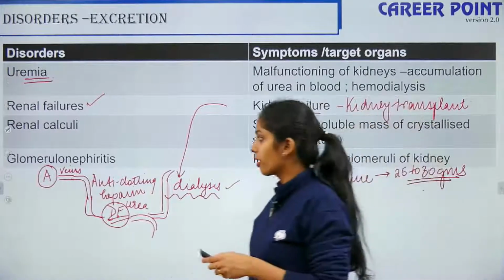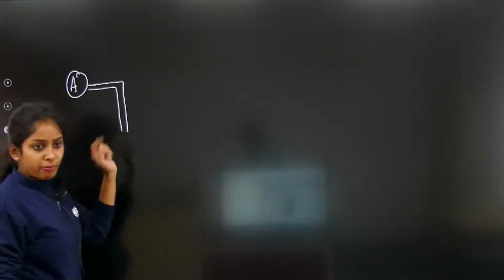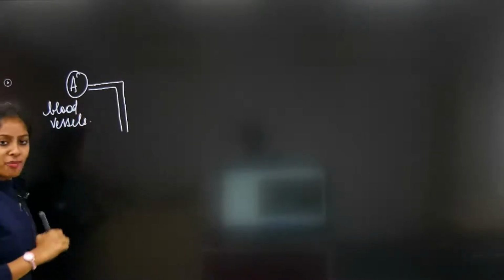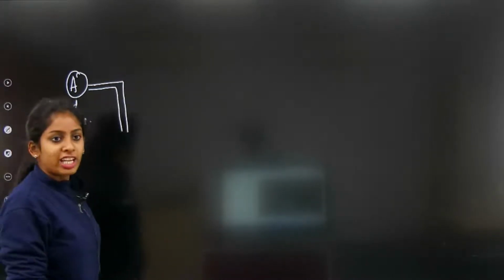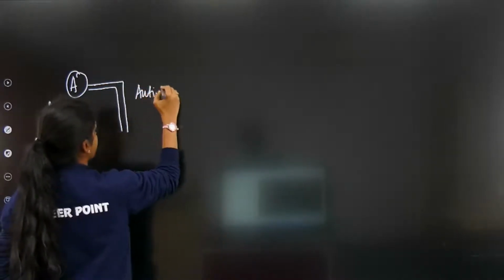Can you repeat again? Yes. So you take blood from the patient's body. When the blood comes out of the blood vessels, immediately the blood will start to clot. That is the normal mechanism. But if the blood clots, then you cannot filter it. Thus you add anticoagulating factors or anti-clotting factors like your heparin. Then the blood moves through what is known as a dialysing fluid.